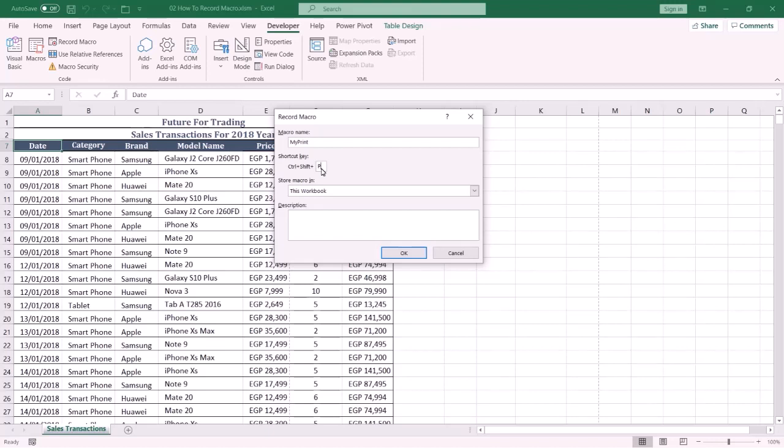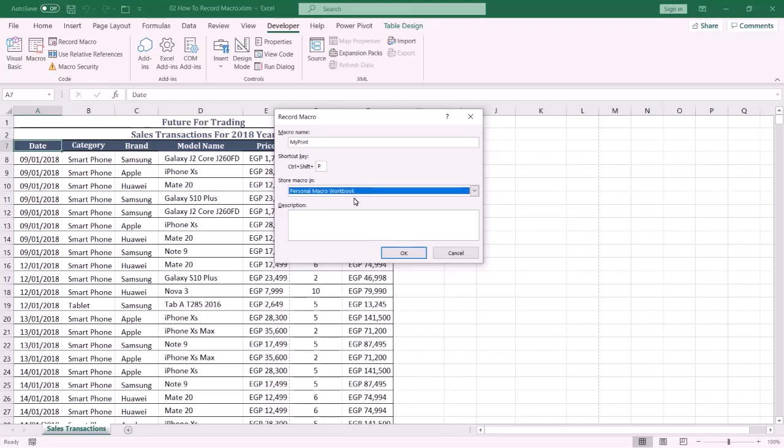Then specify where your macro will be stored. There are multiple options. If you want to be able to run your macro whenever you open Microsoft Excel, you can specify Personal Macro Workbook, so you can use your macro in any workbook.